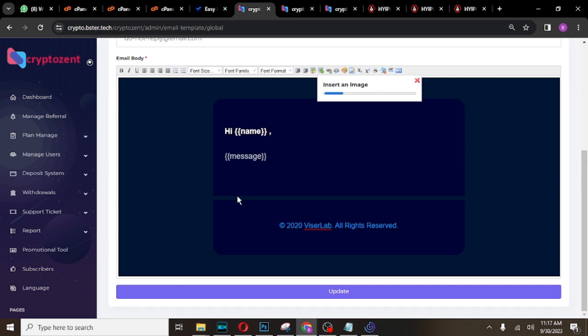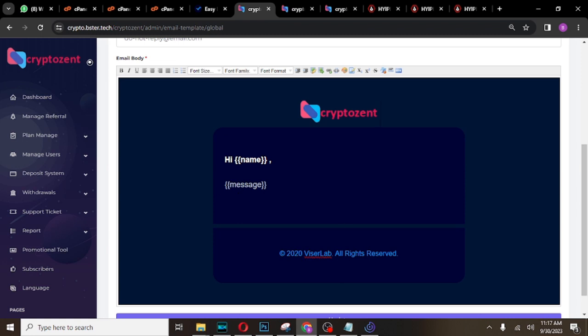Then it will automatically upload your logo here. Then the next thing you are going to do is this Vercel app, you change it to the name of your website, which is copyright 2022, let's say 2023,